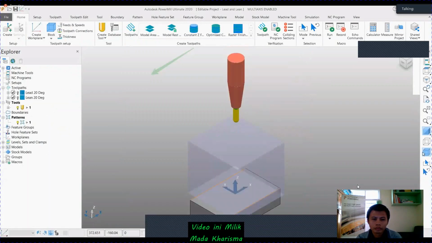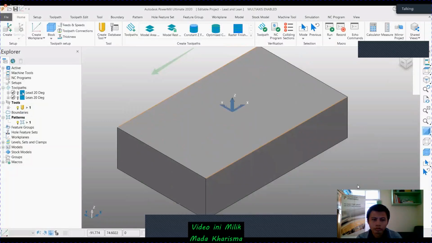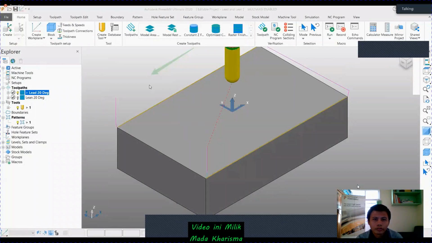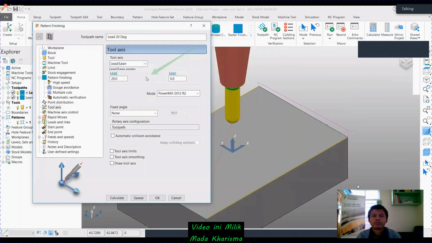Okay, a simple concept here, a simple box. I have given the lead angle as 20 degrees. If you go to the tool axis page, it's a pattern finishing toolpath strategy. I selected the lead/lean page and gave lead as 20 degrees. That means the tool axis is tilting in the same direction.